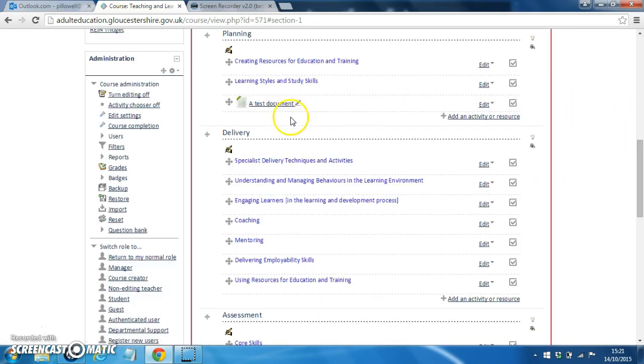Now we can see that this document has been added to this area. However, I want this document to be placed under Creating Resources for Education and Training because that is a subheading. So I simply click on here, click and drag and drop. And you can move it around like so. And there we are. Okay, and simply repeat this method for uploading video files,